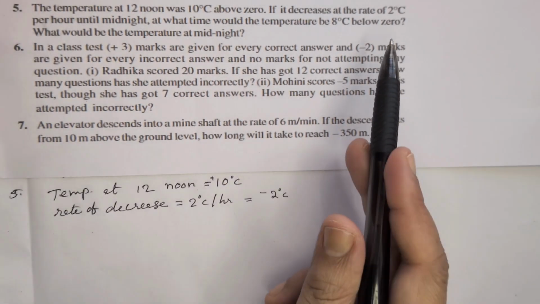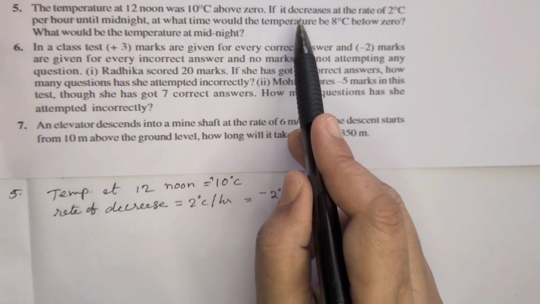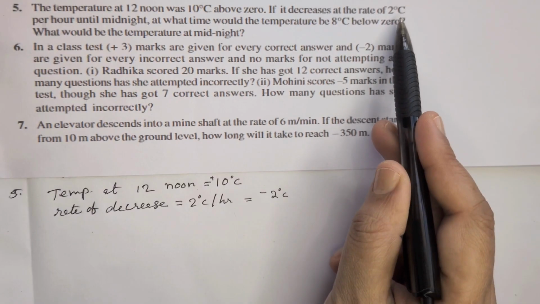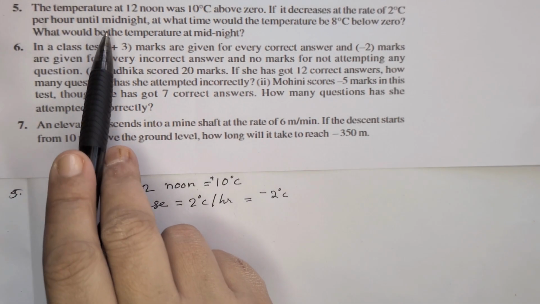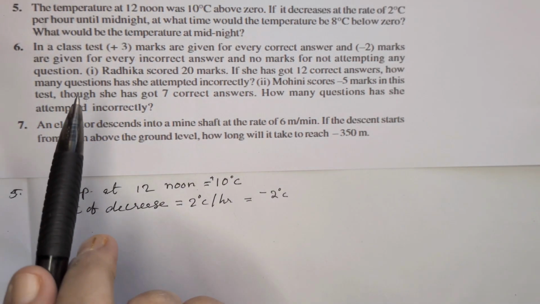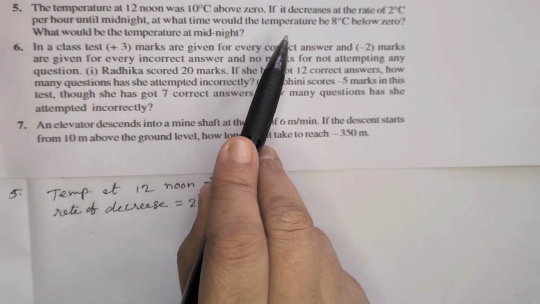Above 0 means positive, and below 0 or decreasing, that we have to take as minus 2. Then at what time would be the temperature